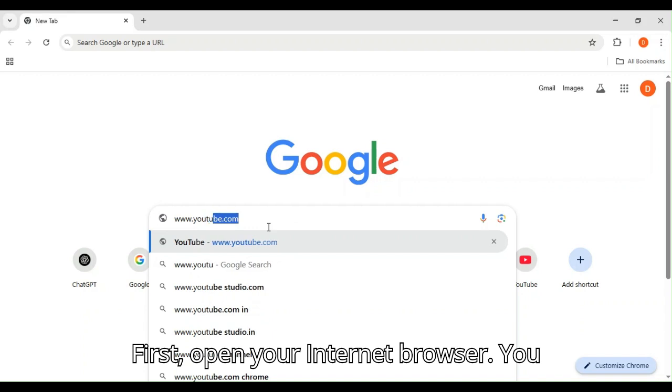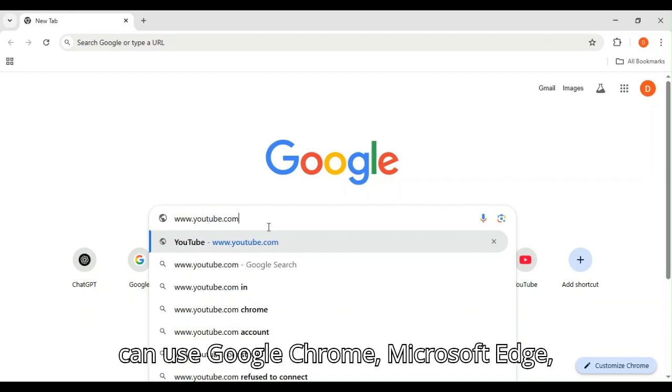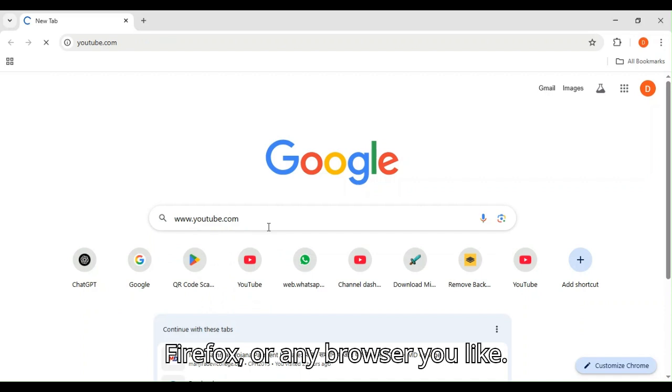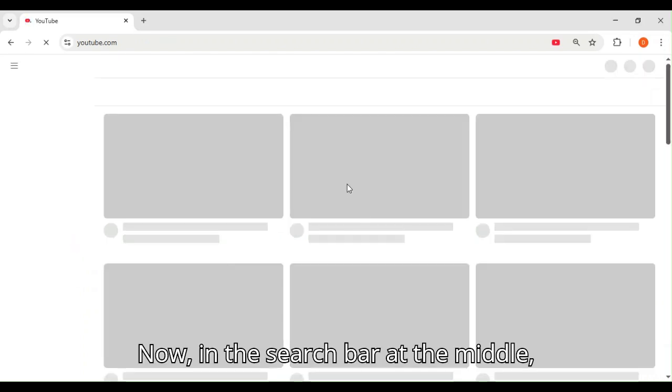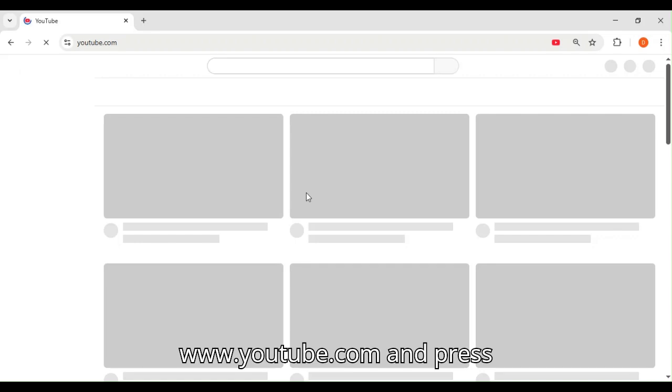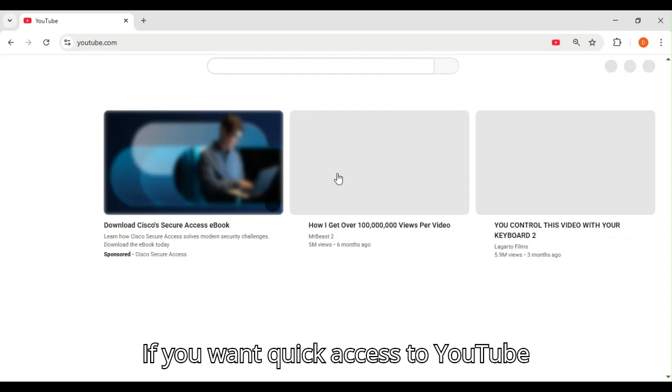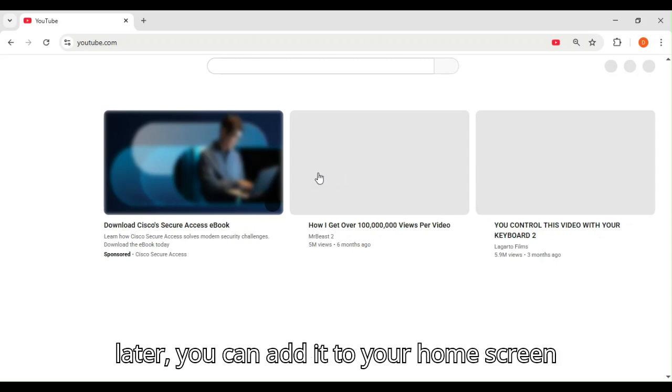First, open your internet browser. You can use Google Chrome, Microsoft Edge, Firefox, or any browser you like. Now, in the search bar at the middle, type www.youtube.com and press enter. If you want quick access to YouTube later, you can add it to your home screen